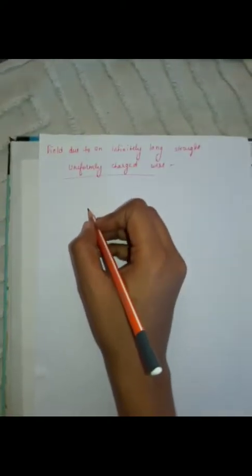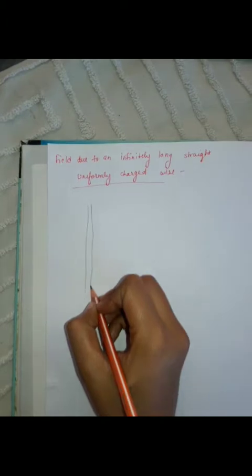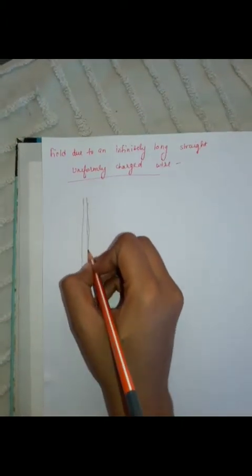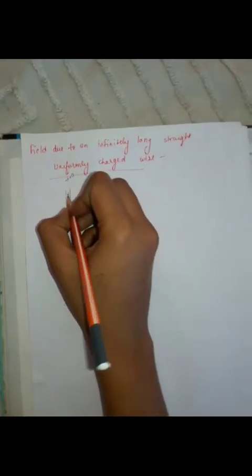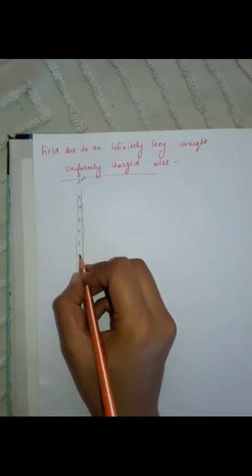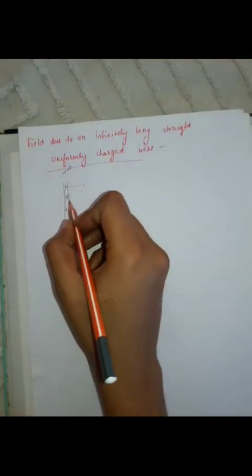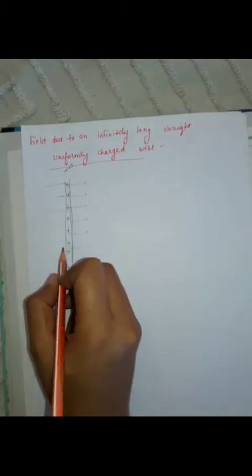Okay, now our next topic is the field due to an infinitely long, straight, uniformly charged wire. Now what does it mean? We will have a long infinitely charged wire. Infinity means plus infinite to minus infinite here. If we take it as positive charge, you can take it negative also. Since it is of positive charge, the electric field will be outward in nature on both sides here. Electric field is outward in nature, so you have to calculate the field.